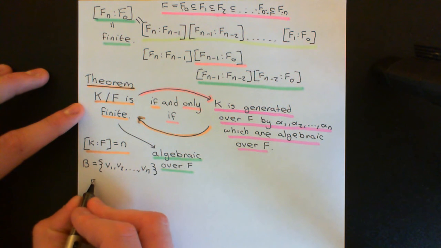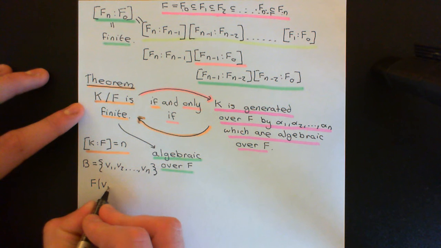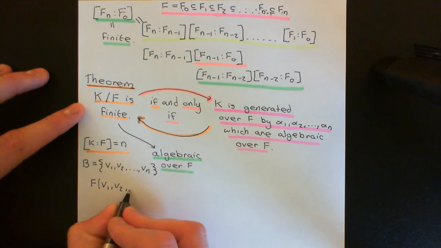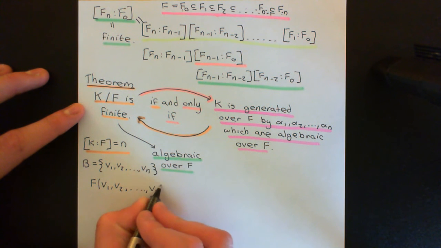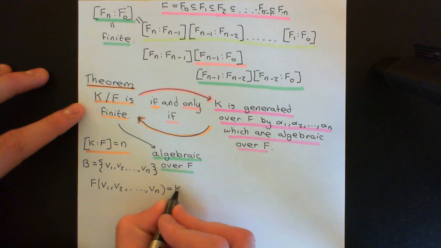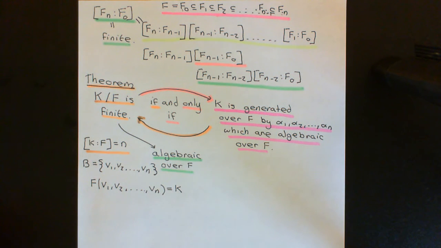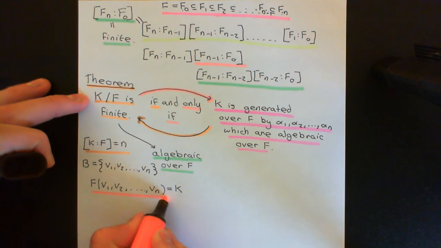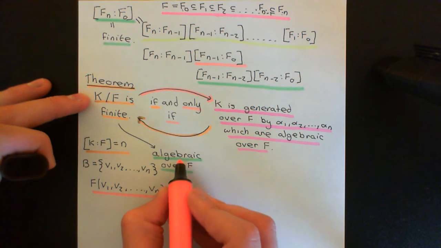Now I claim that I can use these to generate K as a field extension of F. So I claim that if I look at the field extension of F generated by v1, v2, all the way up to vn, this will actually be equal to K. Now why can I claim that? Well, from my new understanding of finitely generated field extensions, where the elements are algebraic over F, which I know they are going to be because all elements in K are algebraic over F,